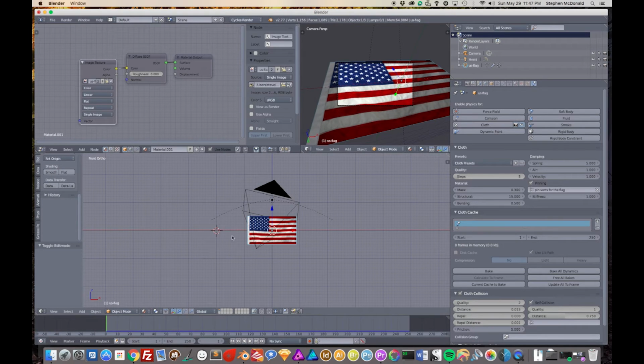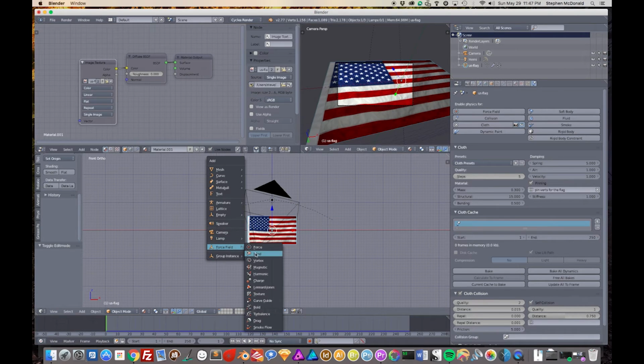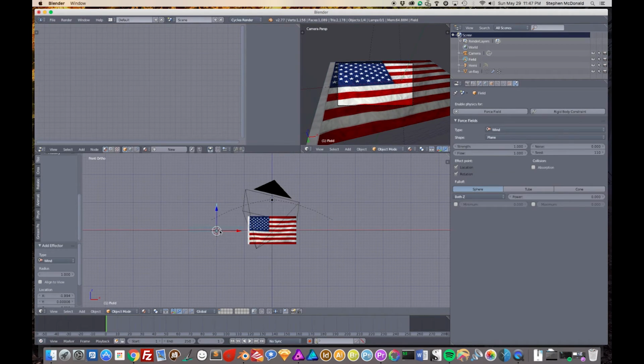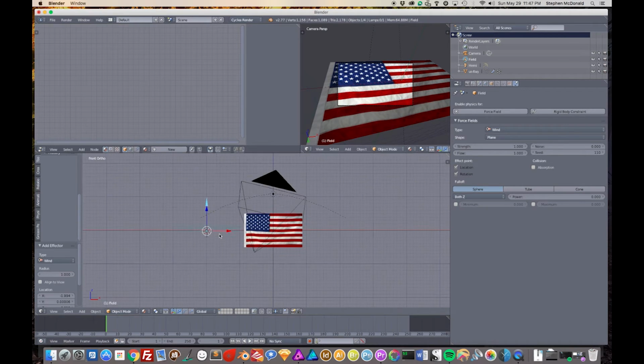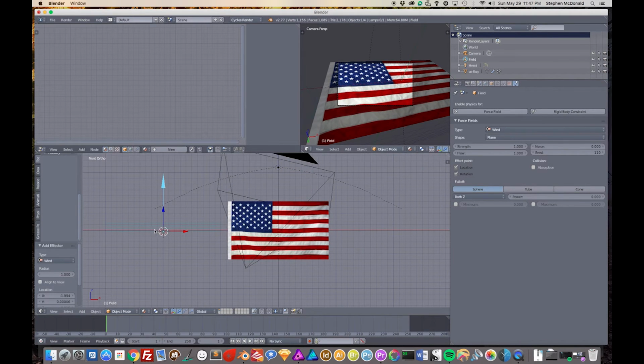So in object mode, I'm going to hit Shift A. And from here, I'm going to go ahead and add a force field. And that force field will be wind. So now we have wind, and it's aiming up. If I zoom in real close, you can see it's got these little rings that kind of go sideways. And it's aiming straight up. So I'm going to hit